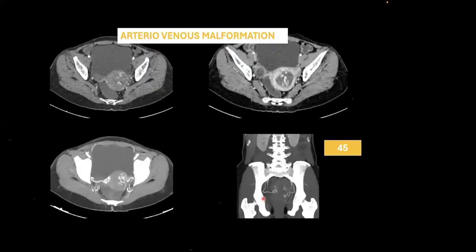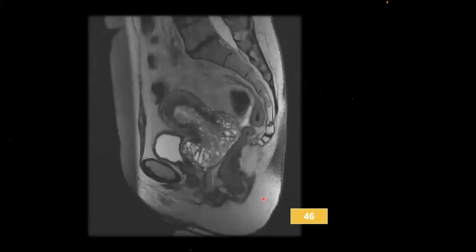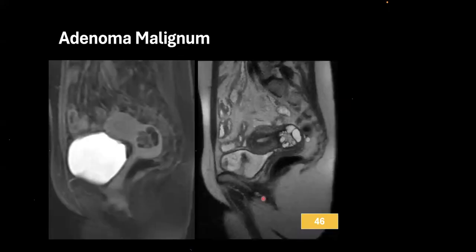Okay, so this was AVM, and in the earlier images where we saw pelvic congestion syndrome, the vessels which were dilated were outside the uterus. Now you can see the vessels which are traversing within the myometrium. So this is uterine AV malformation. Okay, so now why is this not cancer and is something benign? Obviously, the soft tissue is very less here. It is mostly cystic. So this is a condition known as adenoma malignum,